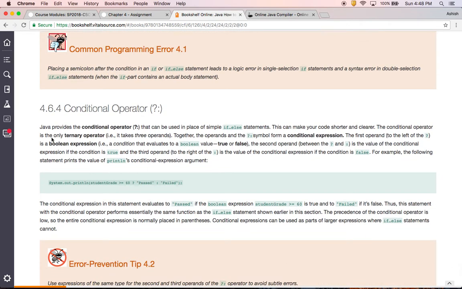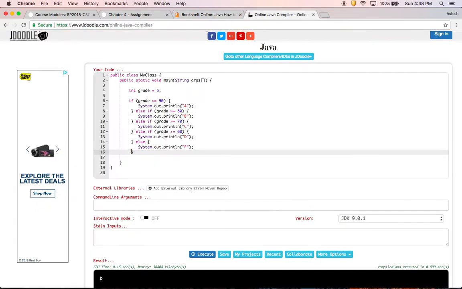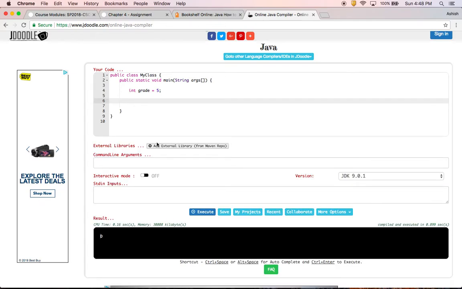We also have a conditional operator which does the same job as an if-else statement. If you have to display something, rather than doing all this, although this code has matured enough since we started this video, if I have 65 as my grade, I can just use System.out.println(grade >= 60 ? "passed"